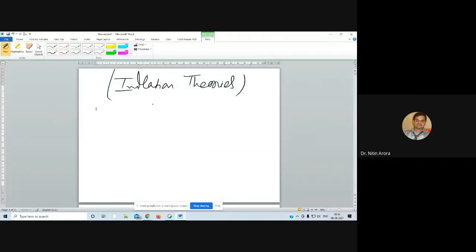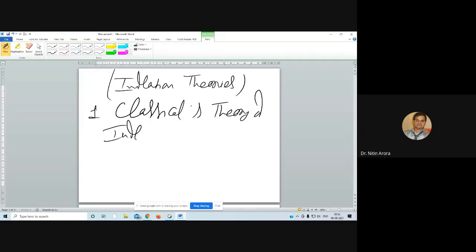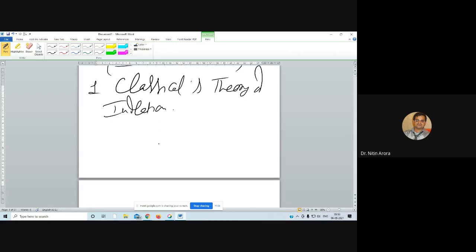Let us talk about the classical theory of inflation. Actually, the classical theory of inflation is derived from the money market of the classicals, where we use the strict version of the quantity theory of money given by Irving Fisher. The strict version of quantity theory says